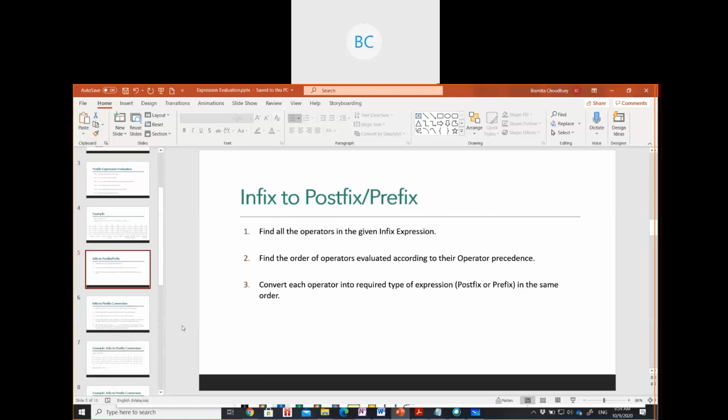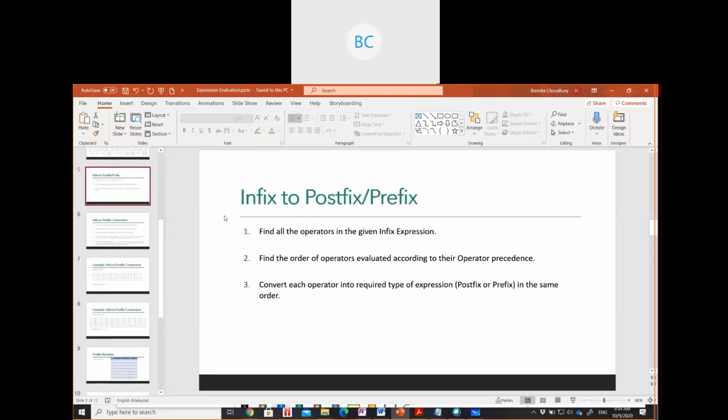Now the thing is how we can convert infix to postfix or prefix using a stack. The thing we were learning about stack was the evaluation of postfix, how your computer is going to evaluate the expression. Now you need to know, before evaluating, how it will convert an infix notation to postfix or prefix.